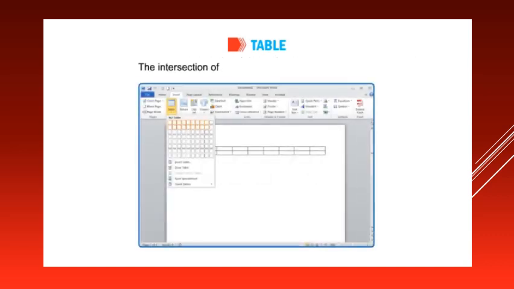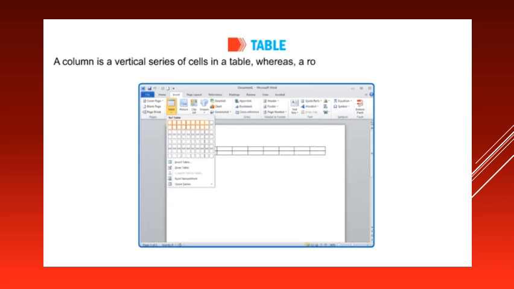The intersection of a column and a row is called a cell. Data in the form of text or graphics can be entered inside the cells. A column is a vertical series of cells in a table, whereas a row is a series of data items placed in a horizontal line in a table.